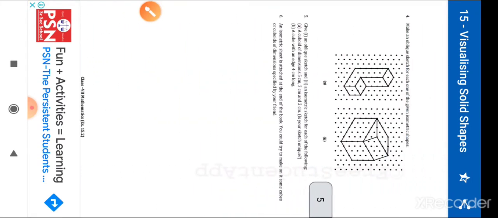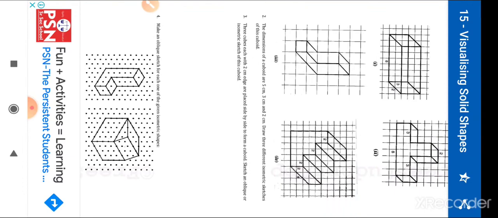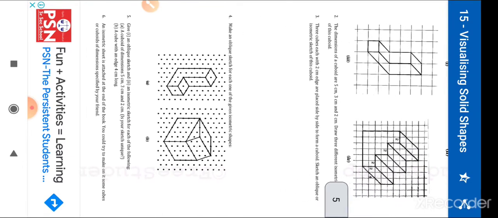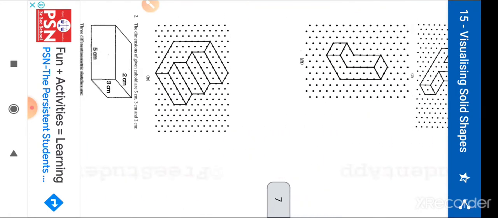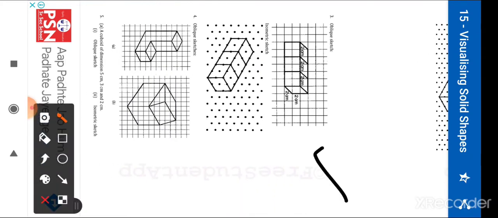Our next question is: 3 cubes each with 2 cm edge are placed side by side to form a cuboid. Sketch an oblique or isometric sketch for this diagram. So first we have to make an oblique sketch for this diagram in which 3 cubes are placed side by side. Here are the first, second and third cube, which are placed side by side to make a cuboid, and this is the oblique sketch.